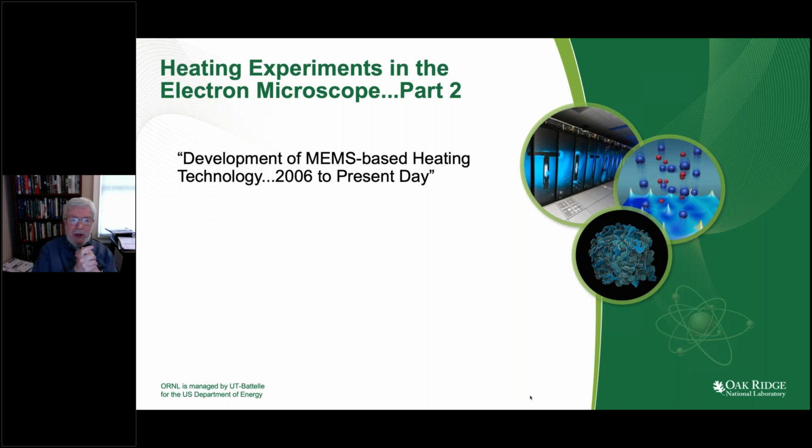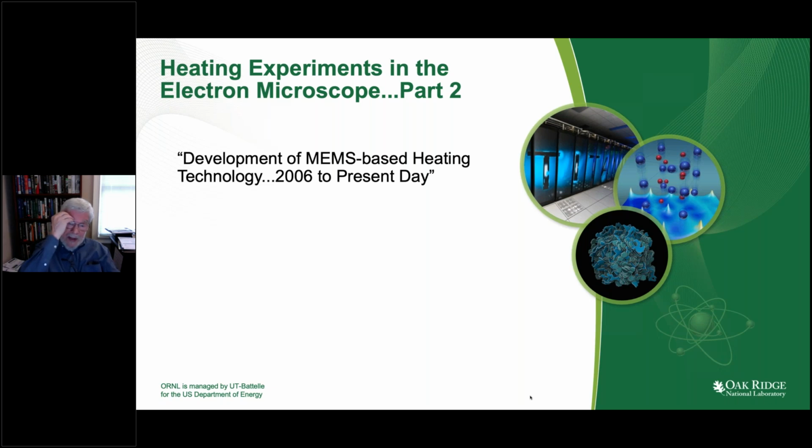Okay, heating experiments in electron microscope part 2. And this is entitled Development of MEMS-based Heating Technology, 2006 to the present day. In early 2006, I got a call from David Nakashi, 1/3 of the founders of